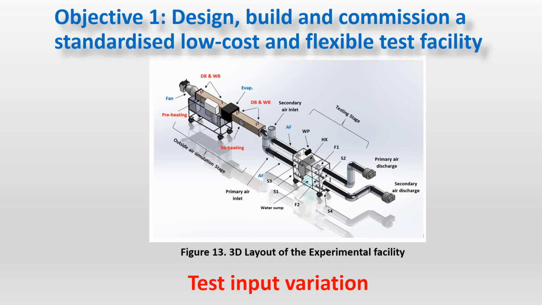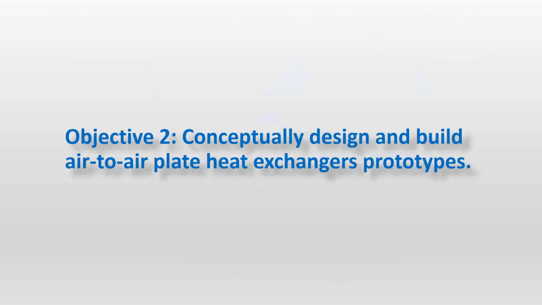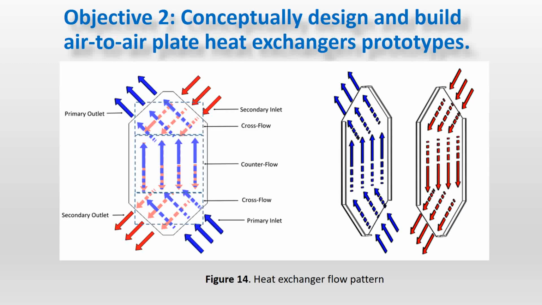Objective number 2 is building the heat exchanger prototypes. So this is the concept of the quasi-flow heat exchanger. Quasi-flow, that means we're going to have cross-flow and counter-flow, because it's almost impossible to have a pure counter-flow heat exchanger. I will work on making it as much as possible a counter-flow heat exchanger in the future. So what we usually try to do is to increase this distance to have pure counter-flow, at least at this point.